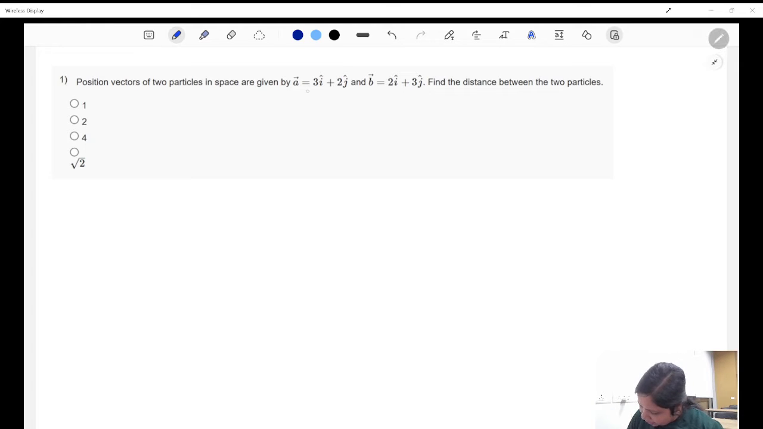Let's say we have a vector, which is 3 i cap plus 2 j cap, and b vector, which is 2 i cap plus 3 j cap. What are we supposed to do? So this is the position vector of a particle. Position vector of a particle means, what does that mean? So if I draw that,